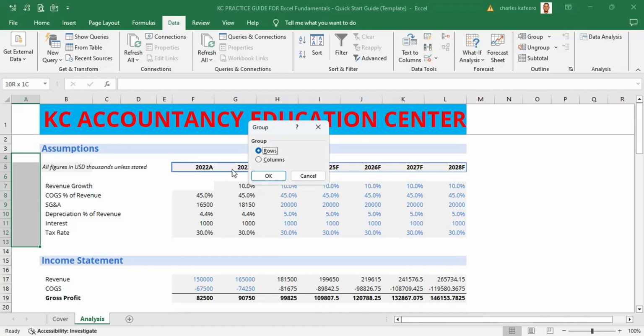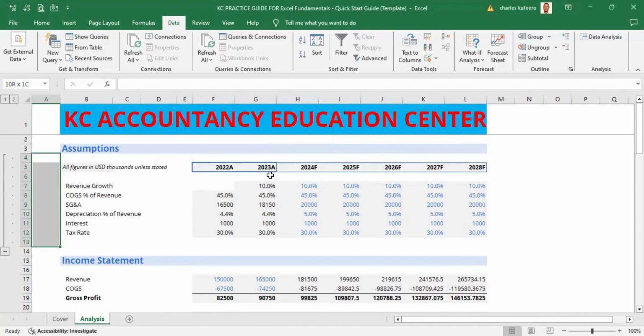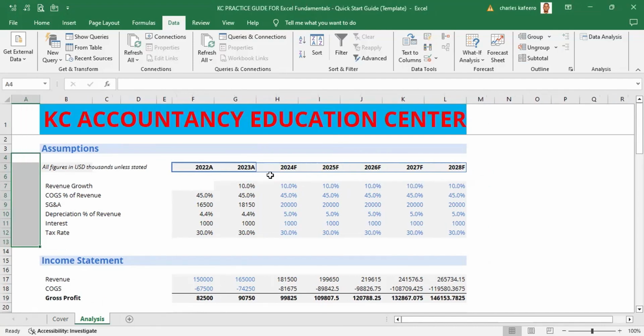So it is asking, are we grouping the rows or are we grouping the columns? Remember, we are taking the columns. Otherwise, we would have highlighted everything. So we come here and take rows alone. So we can maybe undo that, instead of highlighting only that point,